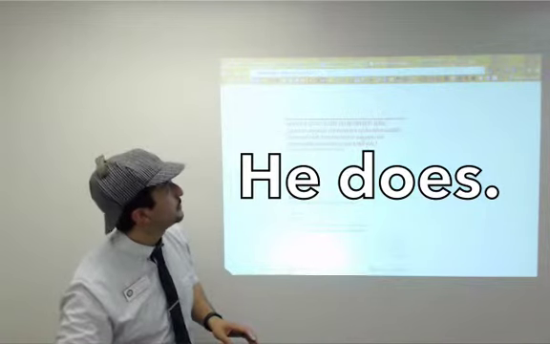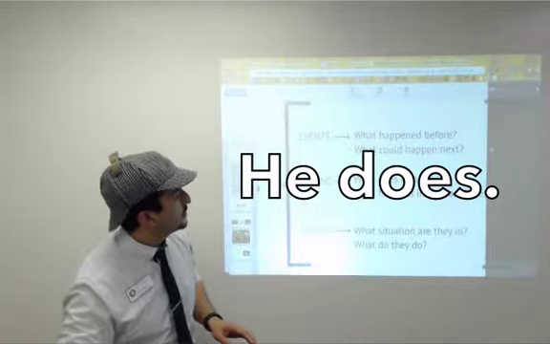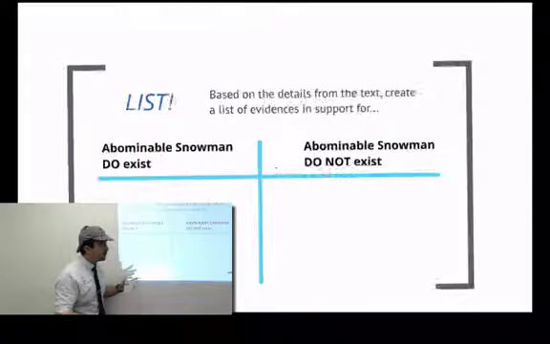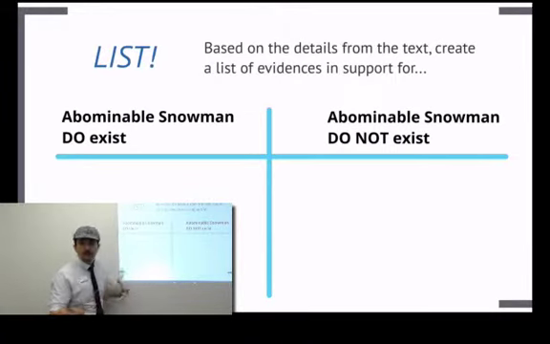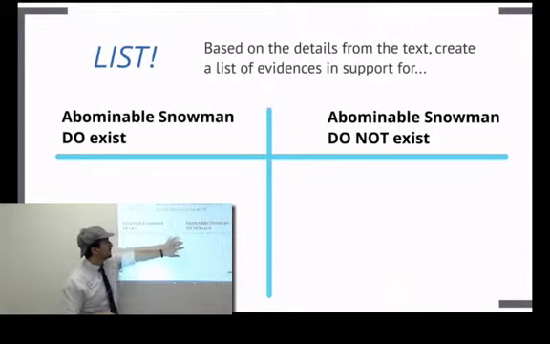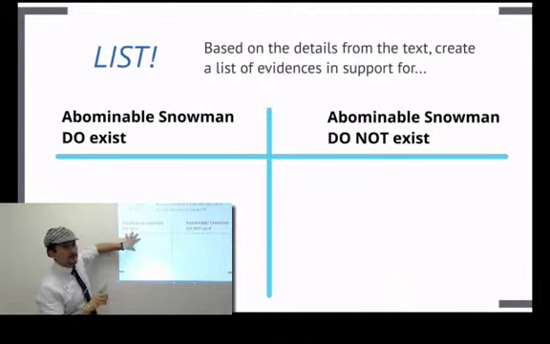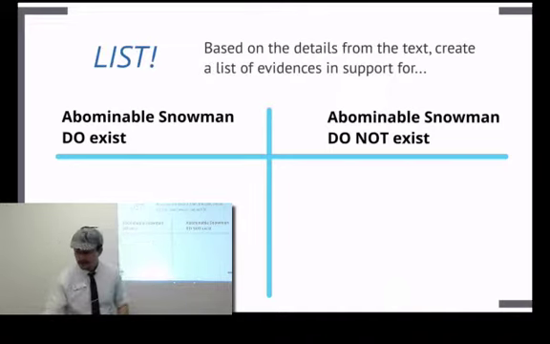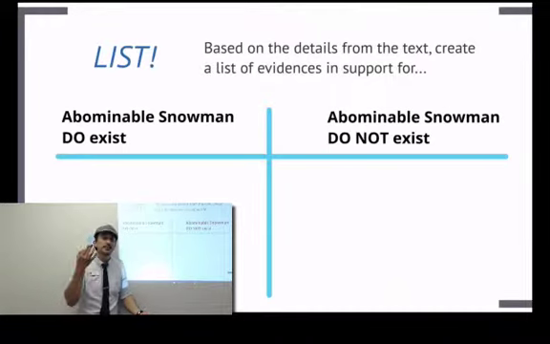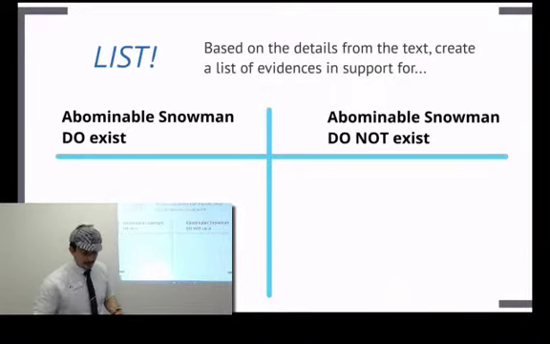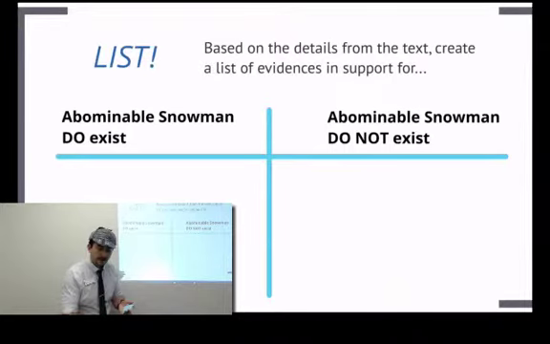Now, there's a couple of ways to do this too. I'll share some other strategies. You could do this activity before or after you read the article, where they would have to commit to one side or the other, whether they believe the abominable snowman does or does not exist. And this is where I would bring in my favorite teaching tool, sticky notes, and have them read the text, paraphrase in their own words one of the pieces of evidence that support whether he does or does not exist, and then come up to the board and vote.